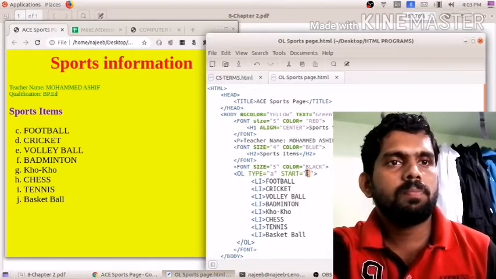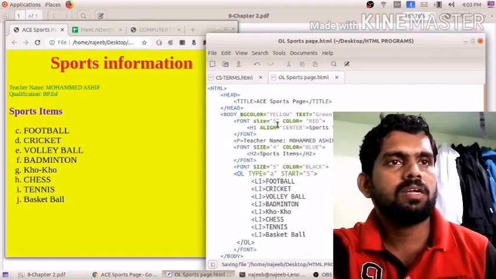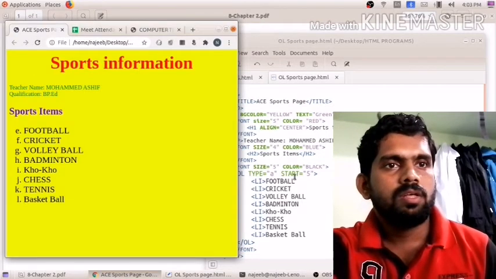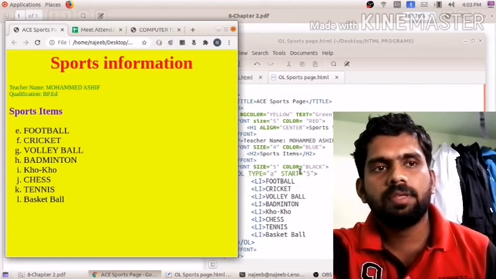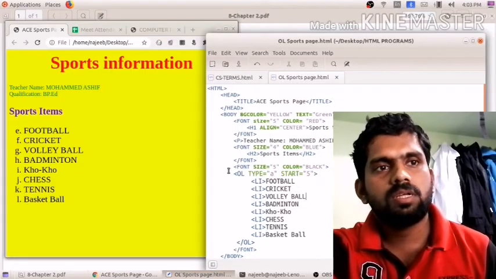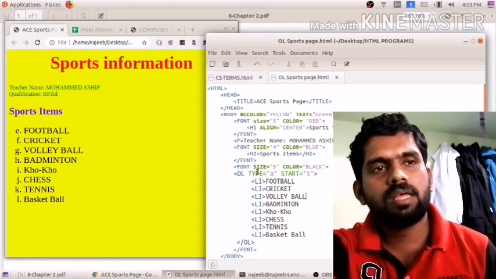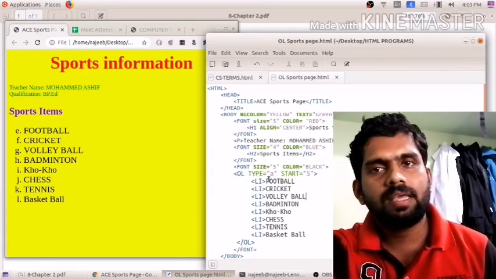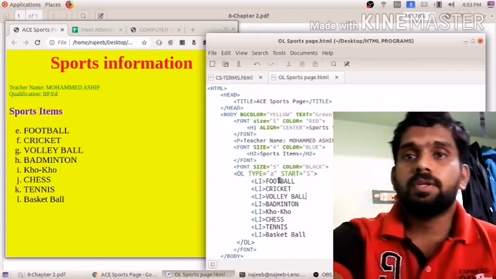If you are putting 5 here, it will start from E. So that type of thing can be done by using the start attribute. The type attribute of the list can be changed to capital letter or small letter, Roman letter or a digit.